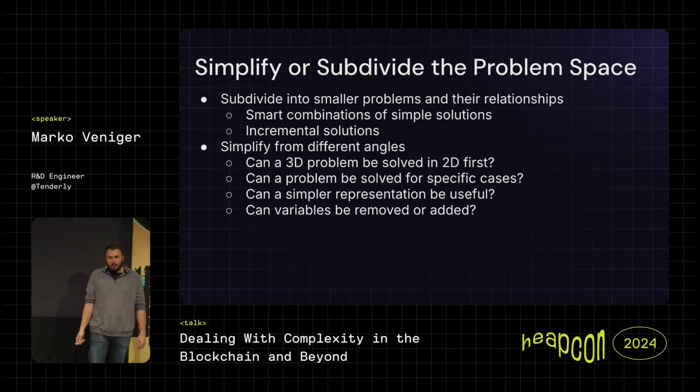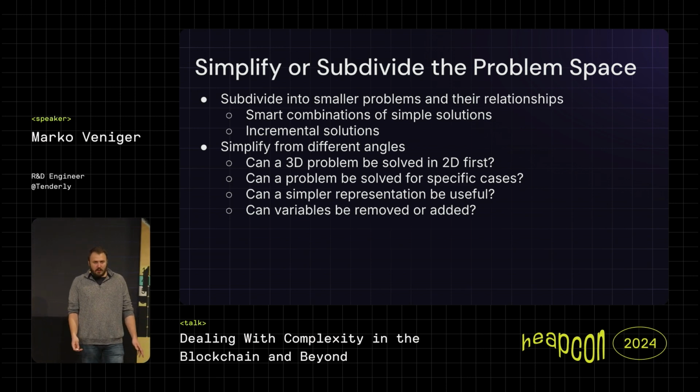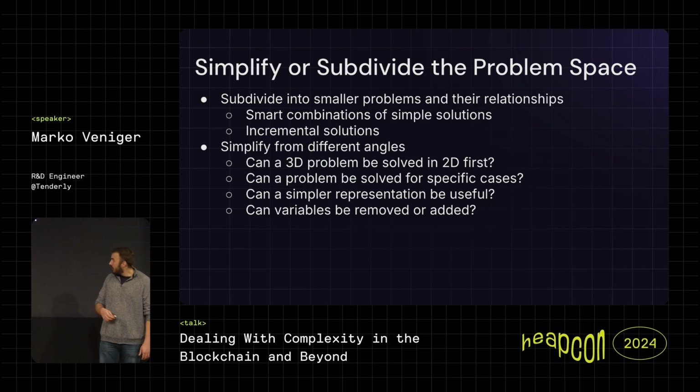Also, you can think about having different representations, especially if you're doing something in mathematics, cryptography, geometry, and anything that's numbers-based. Can you make a different representation of the number, of the coordinate systems, of whatever, of how you store the data? Maybe different storage methods can vastly simplify your problem.